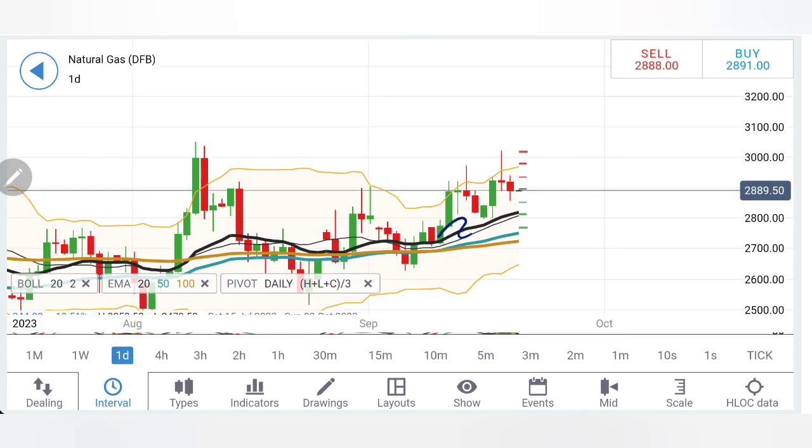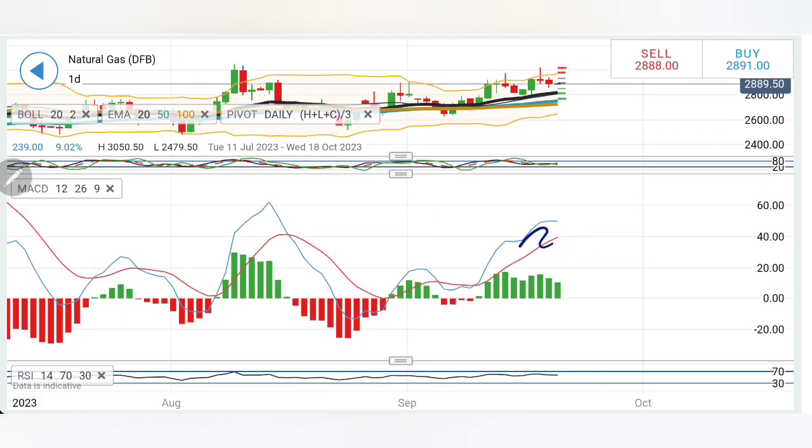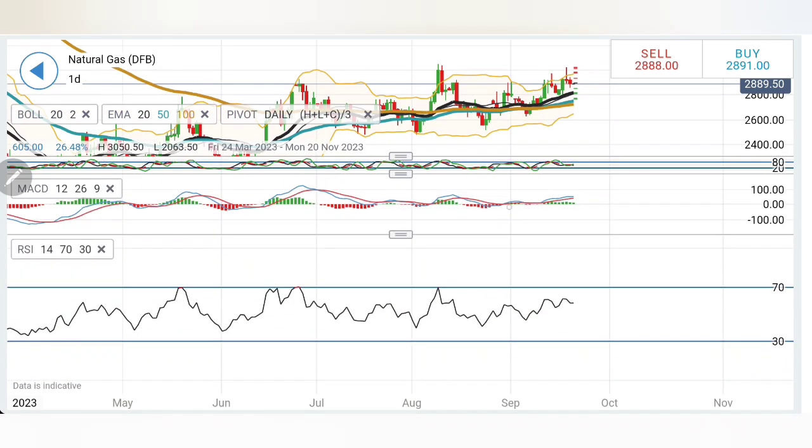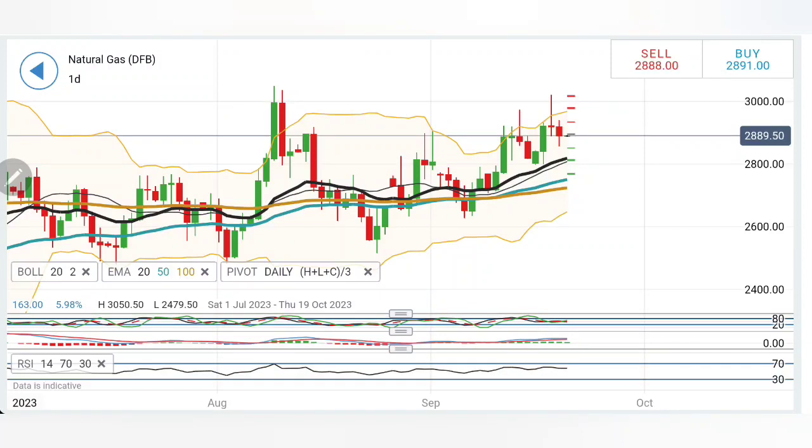Now see how gas has behaved. Rise, retracement, higher lows here, higher highs here. This time if it rises, it is going to be a tremendous rise. Stochastic looking downwards. MACD is trading with divergence. It is willing to converge a bit. Let's see if it converges, crosses over. RSI staying flat. So looking at this, you can buy at 2.9, but with the cautionary note that 2.9 to